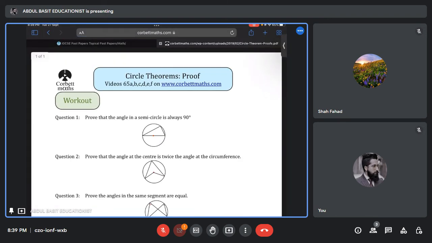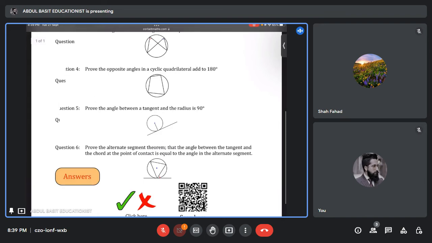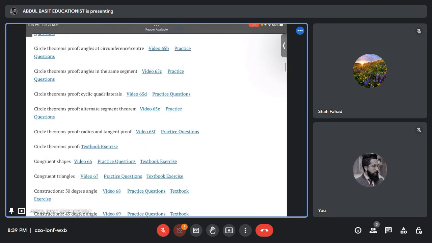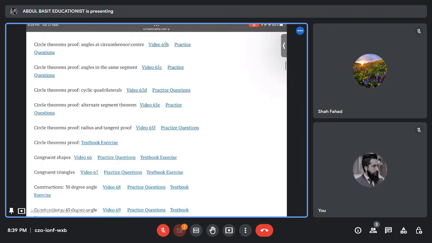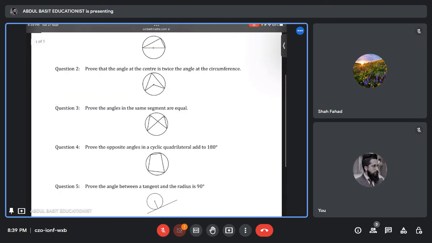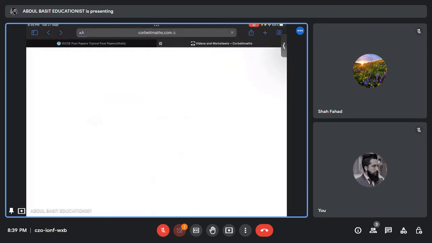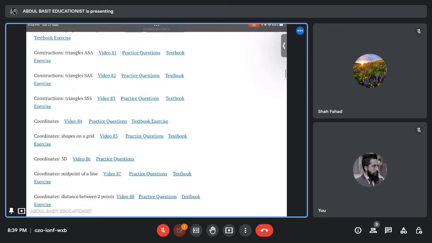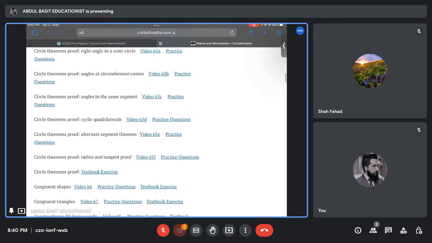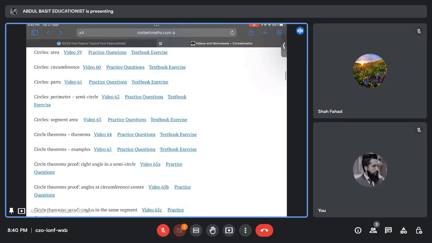साइक्लिक कोऑर्डिनेटर्स, ये एक मिनट दीजिएगा मुझे। टेंजेंट प्रैक्टिस क्वेश्चंस, ओके वेट अ मिनट। सर्कल थ्योरम्स,